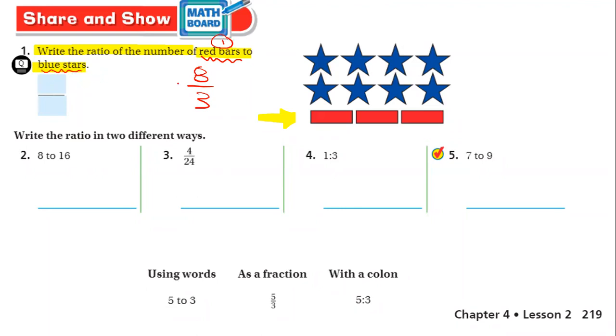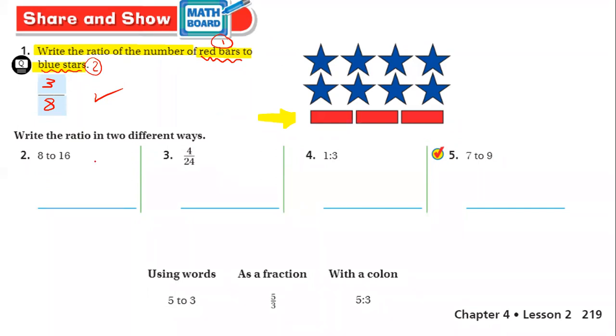So the correct answer, because the first part here is red bars, and the second part, or the second term, is blue stars. So don't answer this way, okay? So you understood right now how to write and read a ratio. Okay,